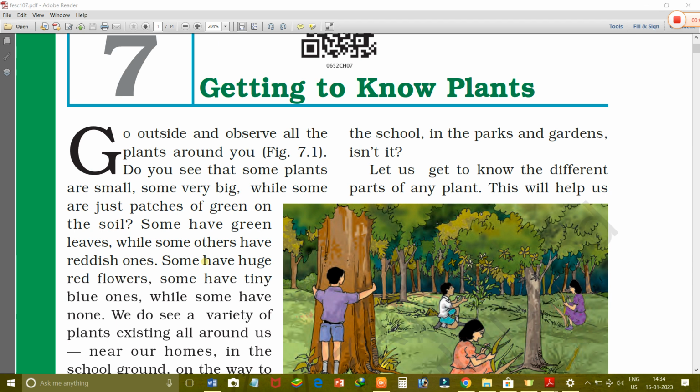existing all around us, near our home, in the ground, on the